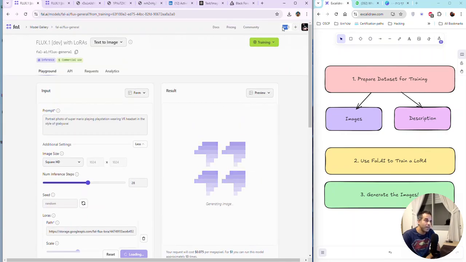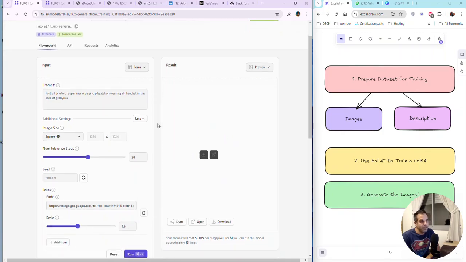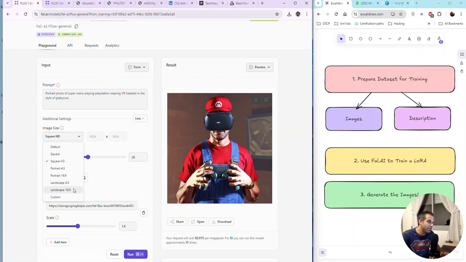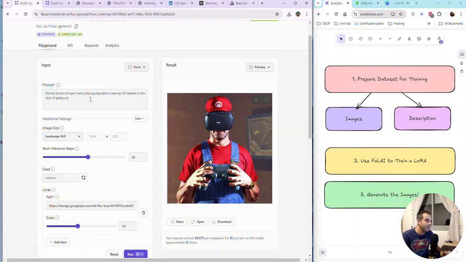We do see the money, by the way. All right, we can see how much left we got in the balance. So let's see how Super Mario is going. Okay, cool. This gets closer and closer to GTA style, right? And so now let's change the image to landscape 16:9, and we will say not Super Mario, but a portrait